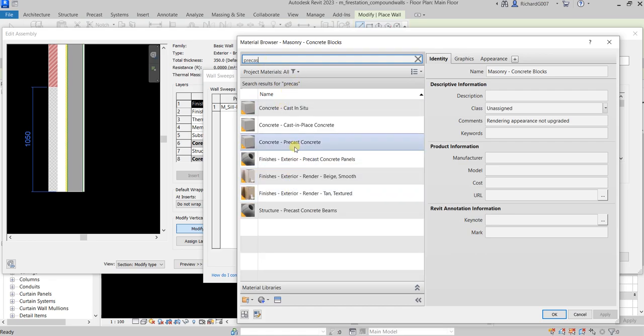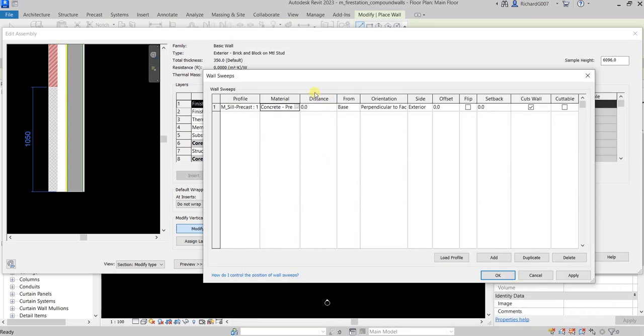Precast. Okay, so this one. So I'm gonna use this precast concrete. Then I'll just select here, okay. And then for the distance, I want that 1050 as well. So I'm gonna type 1050